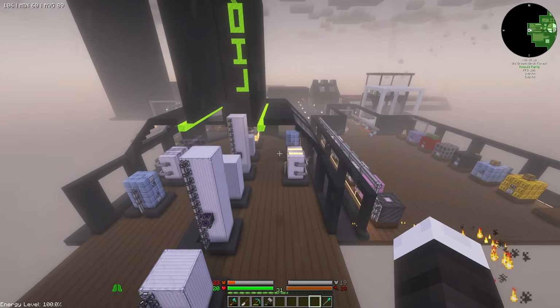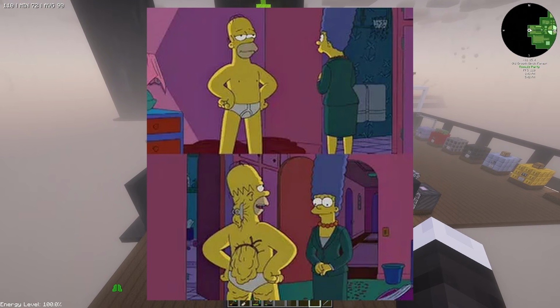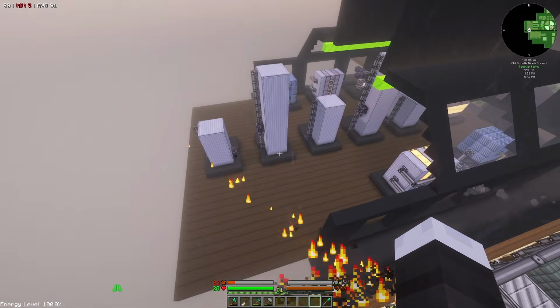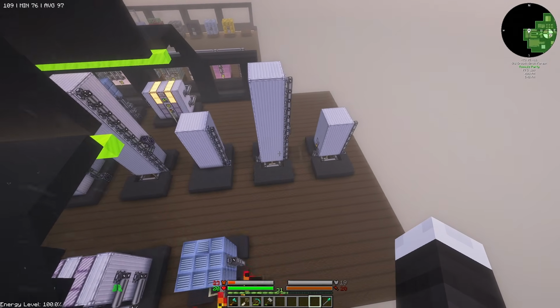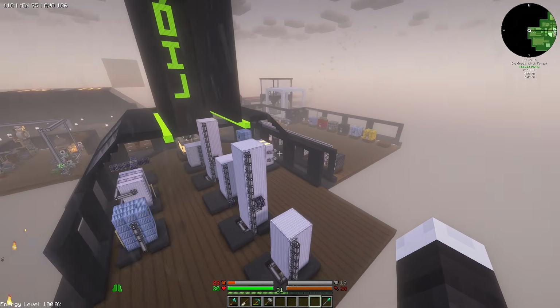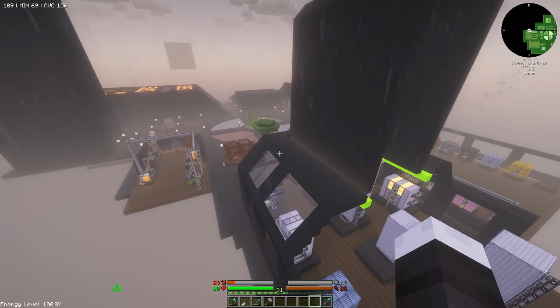Alright, the building is a little bit like that Homer Simpson meme, but it's for good reason. I don't know if I'm done here, to be honest. I still have to do HOG, and maybe there's some other stuff that it would make sense to put in here. So I left the back incomplete, but basically what it's going to be is I'm just going to continue this design until the end,